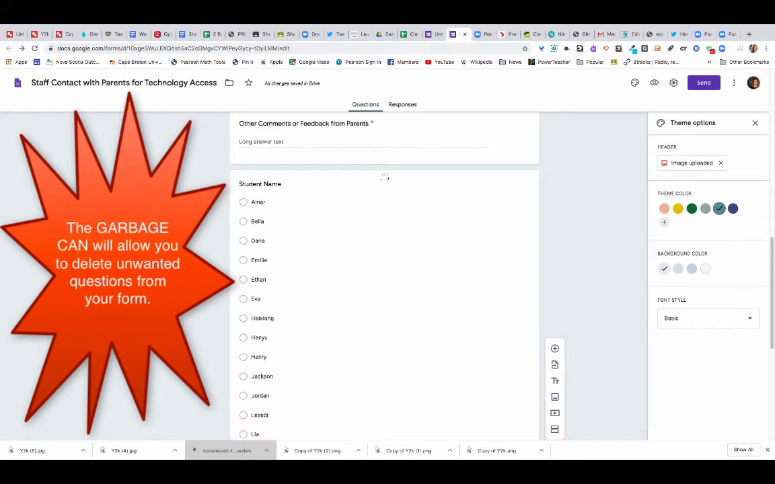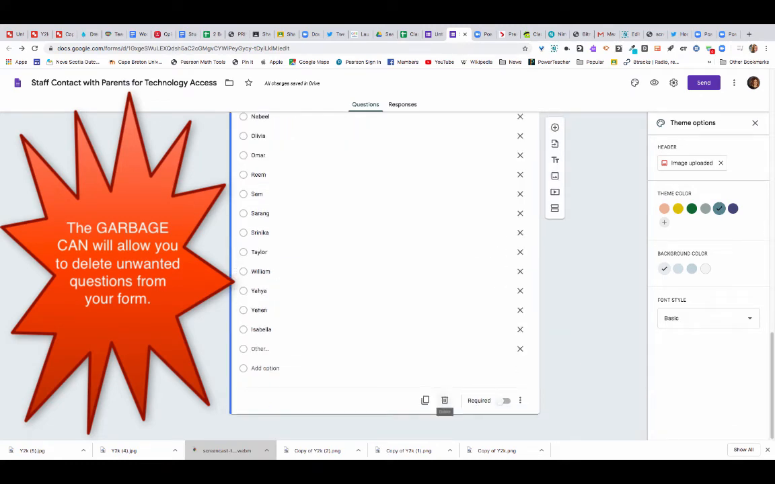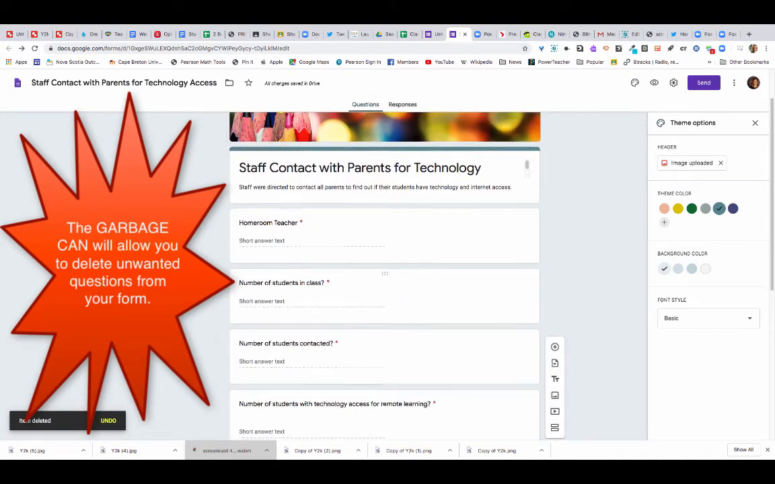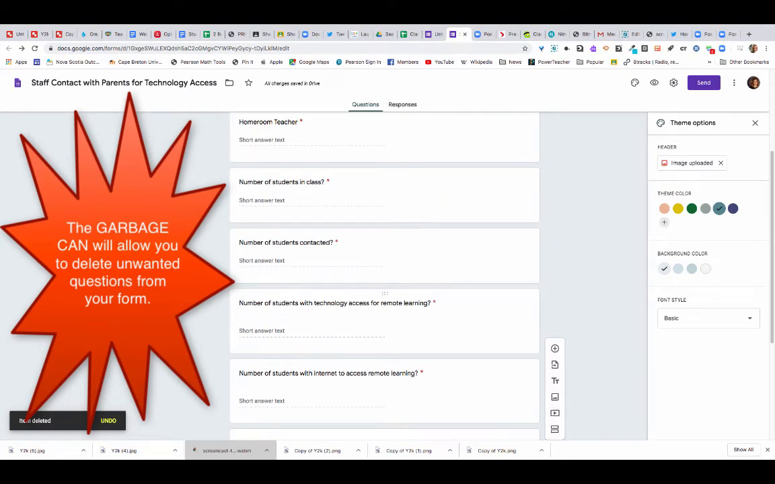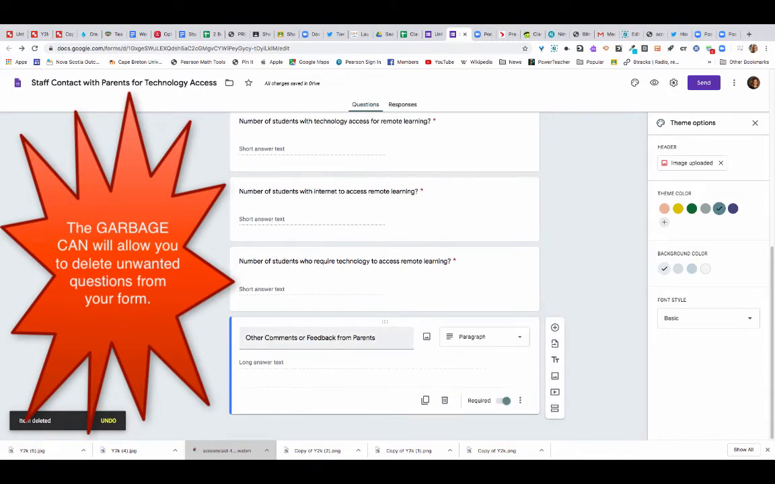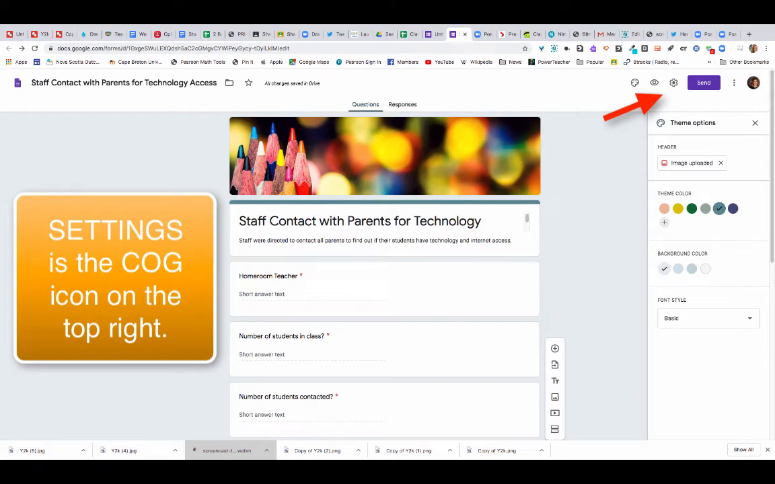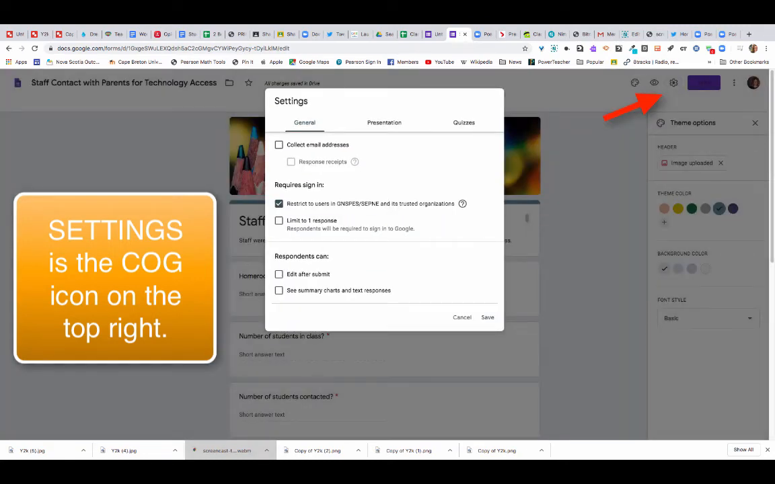I'm going to get rid of this question, so I'm going to go down and click on the garbage can. Homeroom teacher, number of students in class, number of students contacted, number of students with technology access, other comments or feedback from parents. So when I'm happy with my Google form, I'm going to click on settings, and in settings